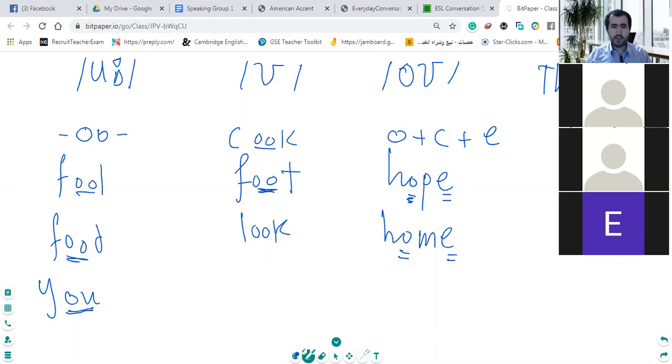Okay? So there are no specific patterns with the O's to follow. The only way to differentiate between the three sounds is your listening skills, your practice, and, of course, the phonetic symbols that we have seen here. These are the only way to differentiate between the O sounds. So let's take more examples on that.